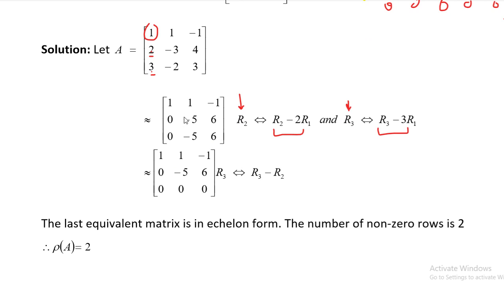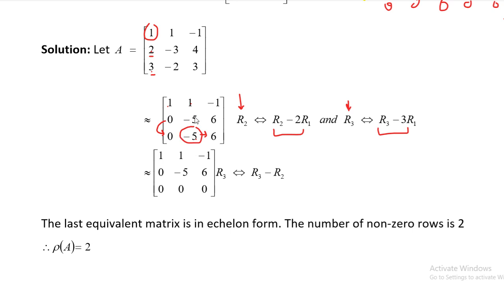Now I don't have to make this one 0, because it is on the right, it's fine. Now my third row should not have a non-zero number here, because its leading entry should be on the right, not here. So I need to make this 0 as well. So I just subtract from R3 using R2, not R1. Don't use R1. If you use R1 to make it 0, this 0 will be disturbed by this one. So use the second row, because this is already 0 and it will not affect this 0. So use this 5 to make it 0.